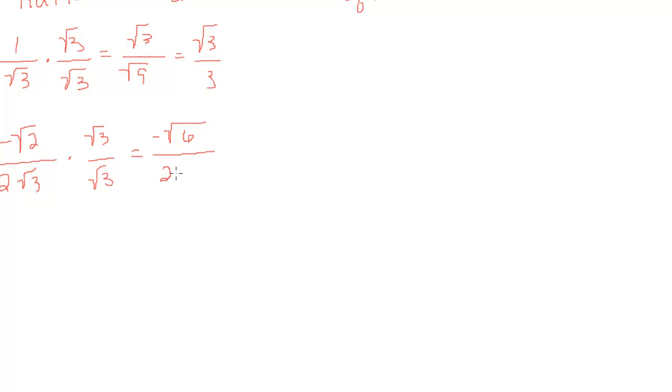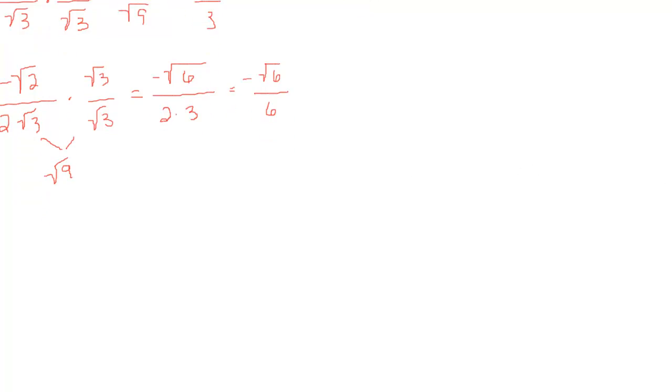And then on the bottom, I have 2 times root 3 times root 3. Remember, that's the square root of 9, which is just 3. So this is the square root of negative square root of 6 over 2 times 3, or 6. Okay, can't simplify here, can't cancel the 6's because this is actually the square root of 6, not 6. So there's no common factors there. So that is simplified. Now, the next thing you can run into with this would be something like 2 over,